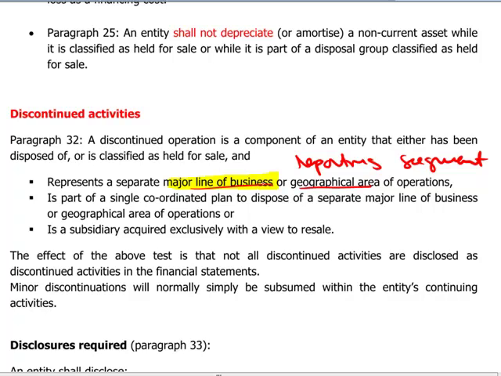Therefore, if I decide to sell my hotel business, that's a discontinued operation. Or I can be operating in the same industry. Let's keep the example with the hotel industry, but I want to sell my Asian hotel chains or my Asian operations. So it should be a separate line of business. It should form part of a single coordinated plan to dispose of it. Or it may be a subsidiary which is held exclusively with a view to resale. Basically, I bought it with that intention.